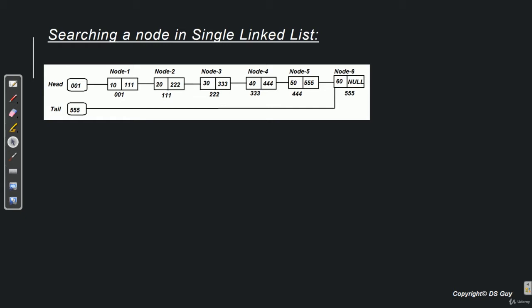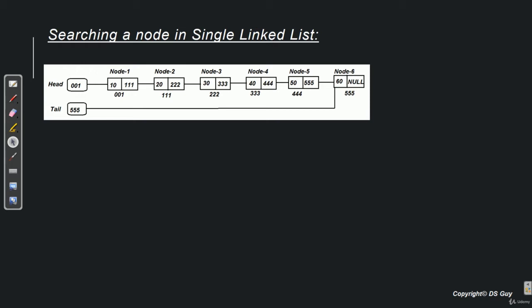Now there is not much difference between traversing of a linked list versus searching for a value in a linked list. The only difference is that in case of traversal, we start traversing from first node and go till the last node. But in case of a search, we go from first node till the last node searching for a value. If the value is found, we terminate the loop. We did not go till the last node.